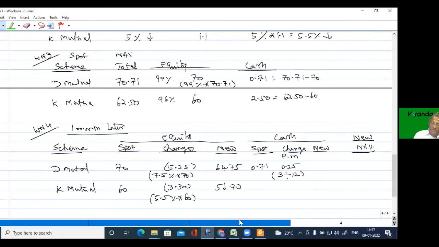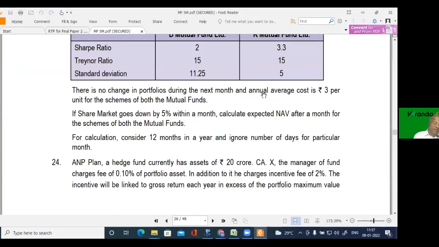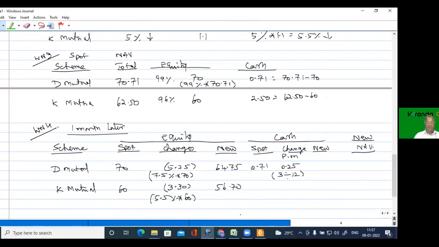That means I should spend, because they say no change in the portfolio in the next month, an annual average of 3%. Why they say no change? That means I have not increased the portfolio, nor I have reduced the portfolio in terms of number of shares. I'm keeping the same stock now for the sake of convenience, and average annual cost of 3 rupees per annum will be incurred. That means 25 paisa per month will be incurred. So 0.71 minus 0.25, it is going to be